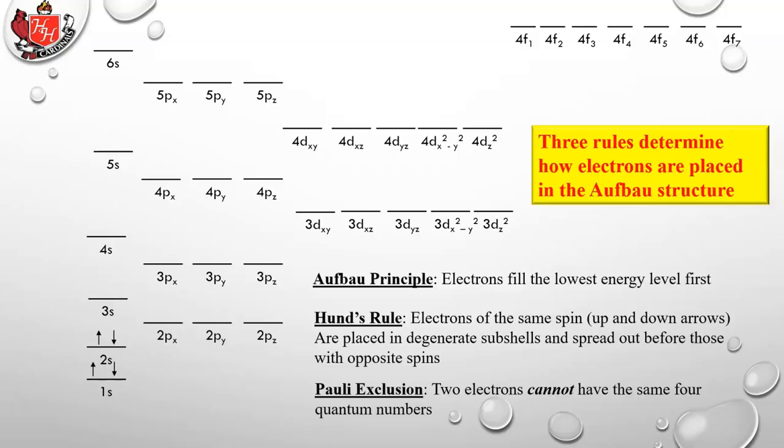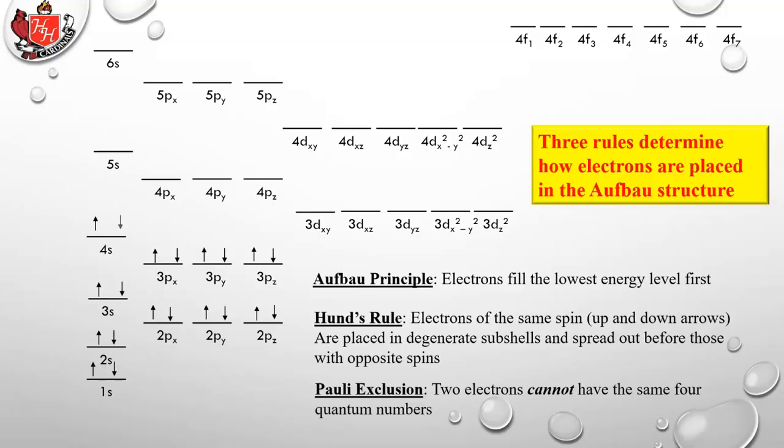Next we go, and we'll see Hund's rule in the 2p. You have an up arrow, and then an up arrow, and then an up arrow. They want to spread out first. Then they start pairing up, down arrow, down arrow, down arrow. Now we go to the 3s, up arrow, down arrow, 3p, up arrow, up arrow, up arrow, down, down, down,